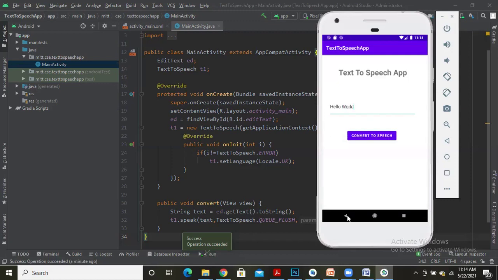Let me click on the button so that the text is converted into speech.